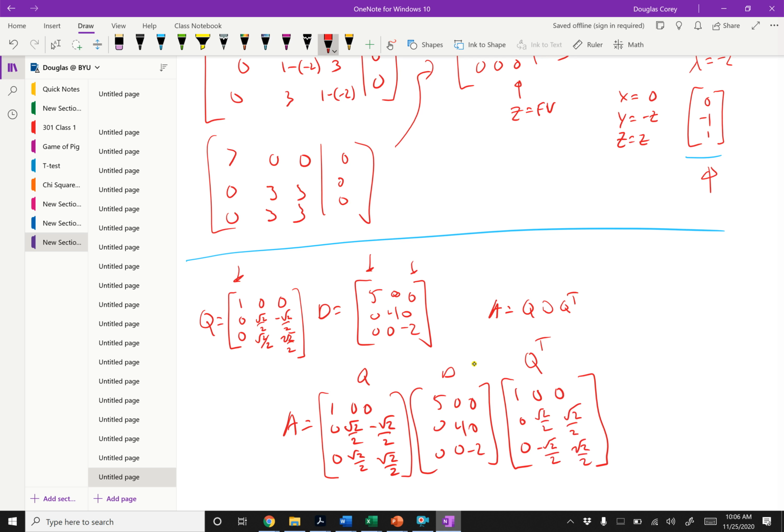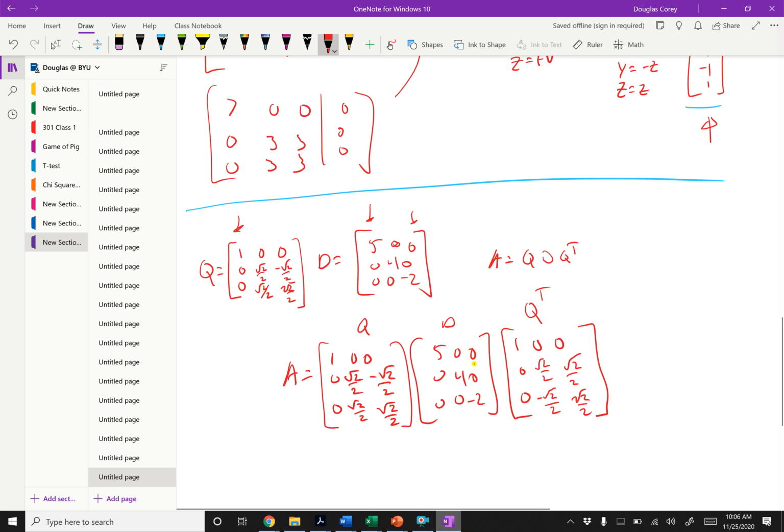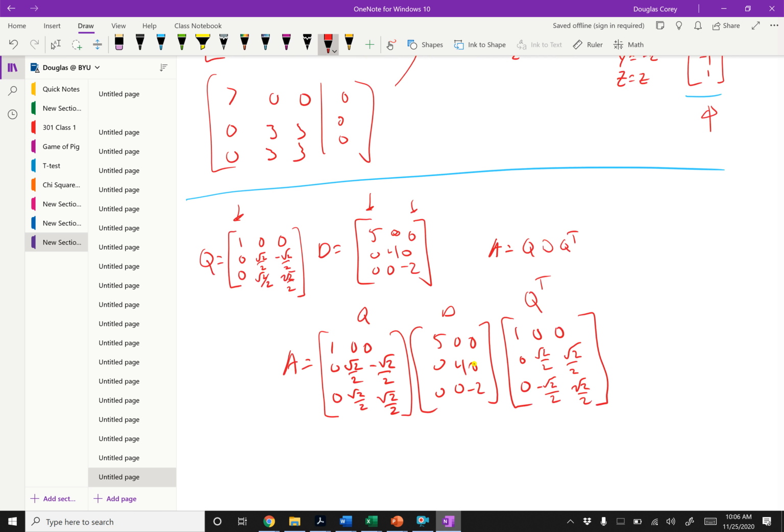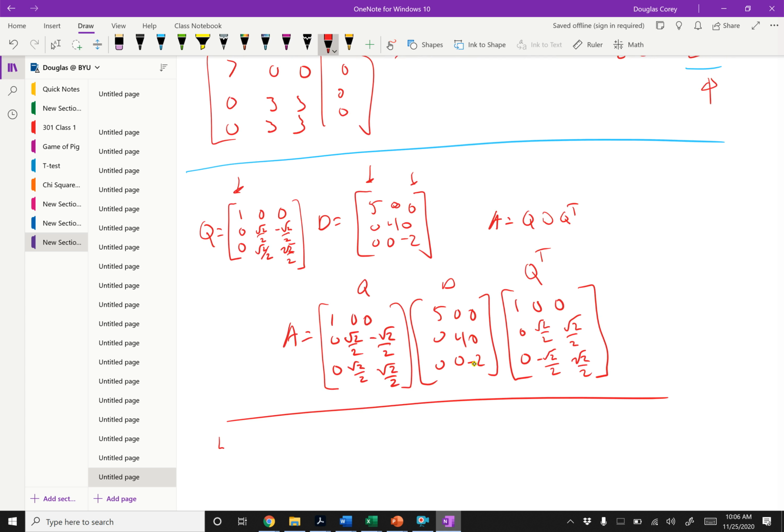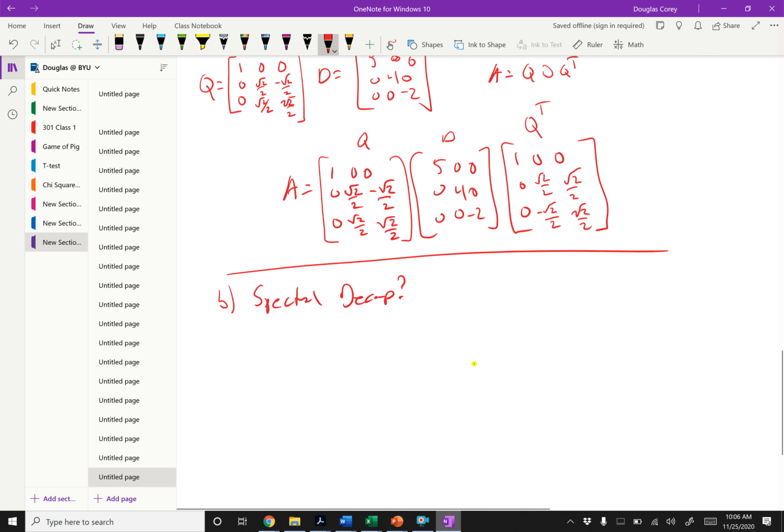Okay. So now we've done A. We've orthogonally diagonalized A. Now, what about the spectral decomposition? So, spectral decomposition theorem says if A is real and symmetric, then, well, it might work for complex values too, but if it's real and symmetric, we don't have to worry about any imaginary or complex number showing up. It says we can rewrite A as